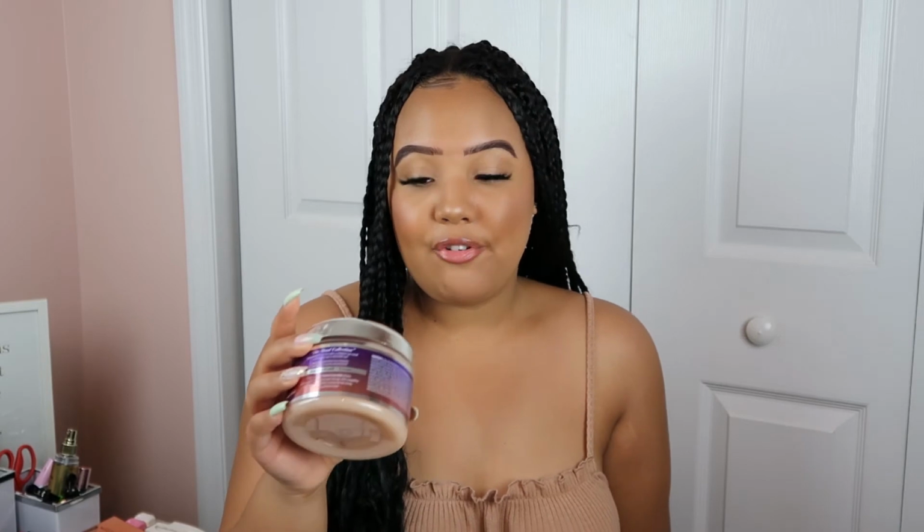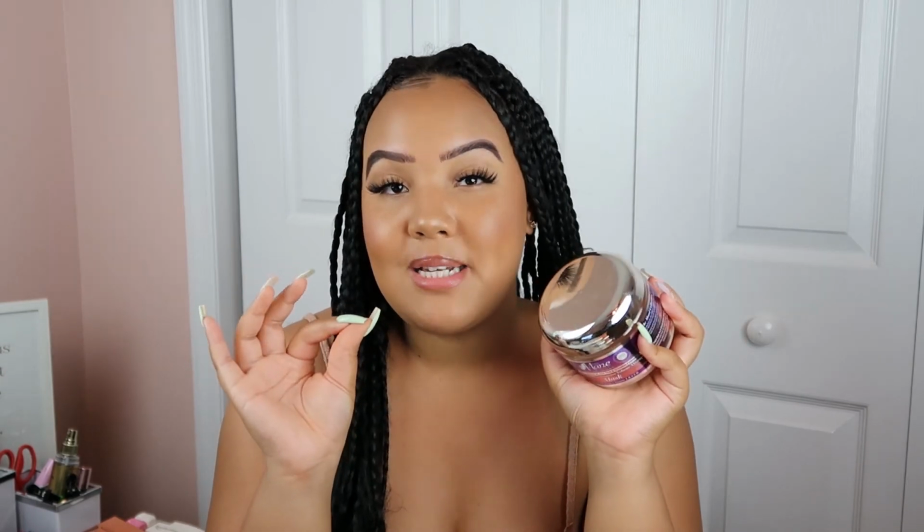And now, here for my last deep conditioner. Let me tell you guys, this isn't my favorite deep conditioner, but it works good for what it is, if that makes sense. I use this after I do protective styles sometimes, because I feel like my hair is shedding a lot, but obviously it's not, because I've had my hair in a protective style for like 3 weeks or whatever. But this is the Main Choice Peach Black Tea and Vitamin Fusion Anti-Shedding and Intense Volume